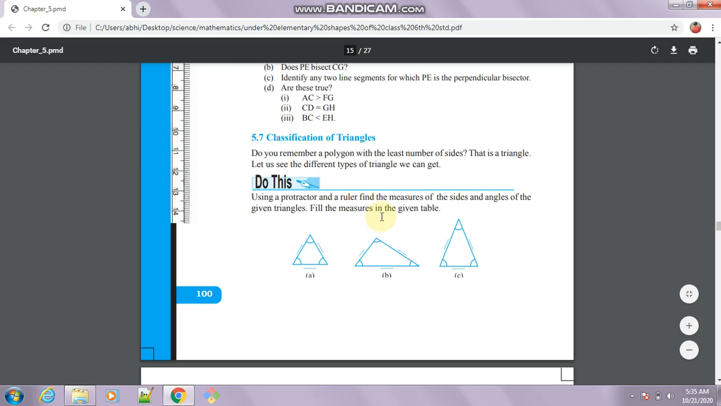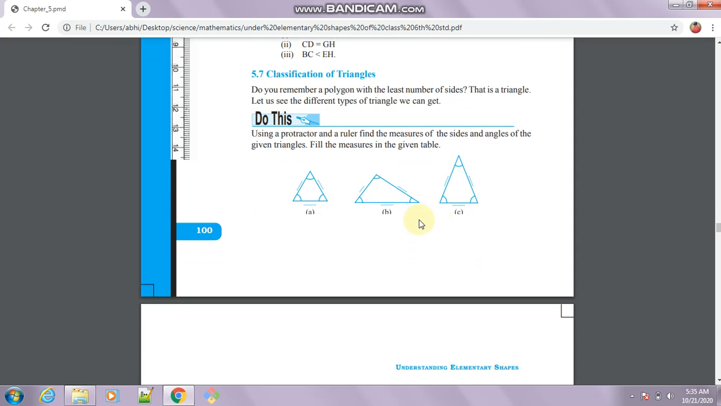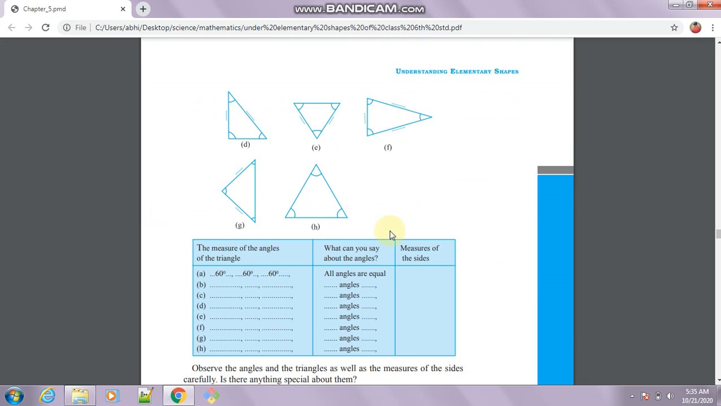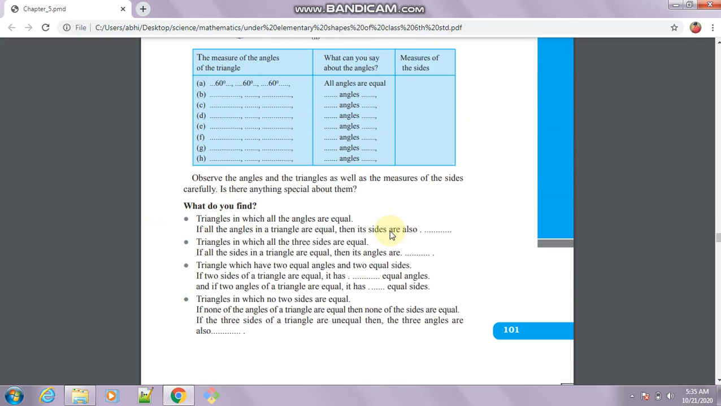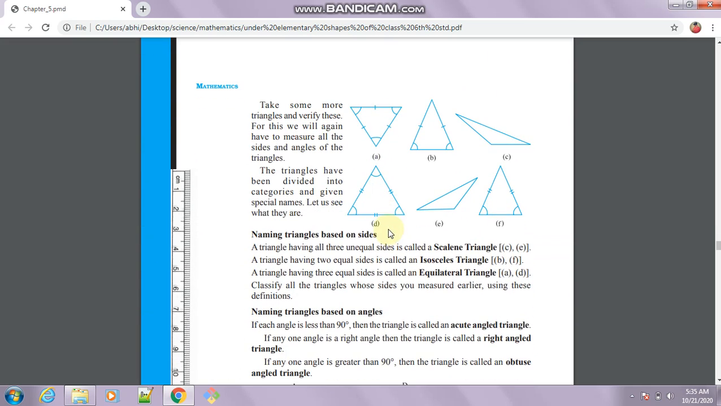Okay, students, using the protractor and ruler, find the measurement of the sides and the angles of the given triangles. Fill the measurements in the given table. This is a triangle. Using the protractor, we have to measure it. If we measure, we'll get the angles. I'll tell you what is described here. In the triangle, based on the sides,